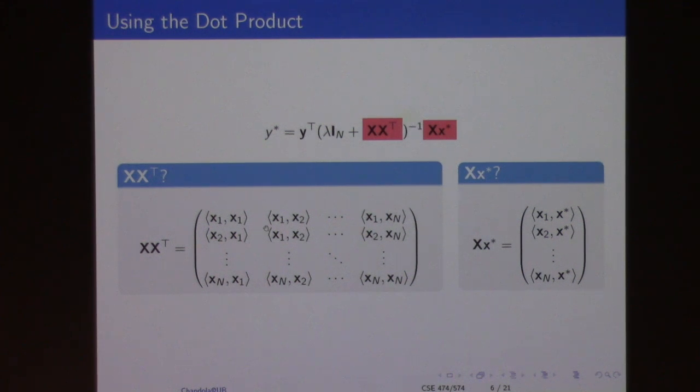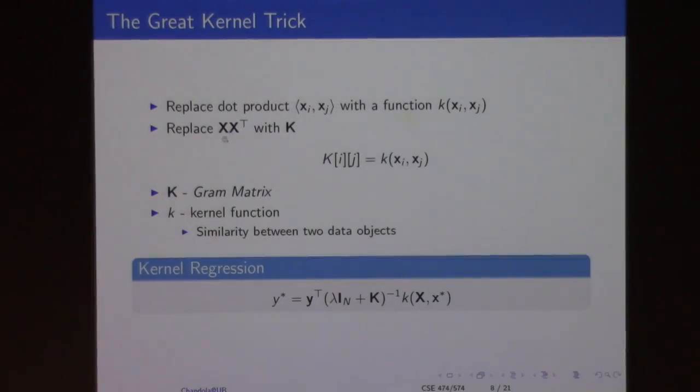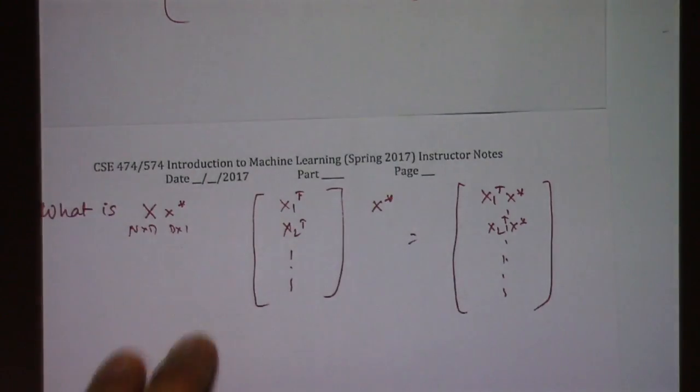So what kernel methods say is that instead of just computing dot products, let's replace it with any arbitrary similarity function, right? So instead of this x x transpose that we compute, let's construct a matrix K in which each entry is not just the dot product between xi and xj, but any kernel function, and I'll talk about what suitable kernel functions are. So here, just continuing our discussion over here, instead of x x transpose,